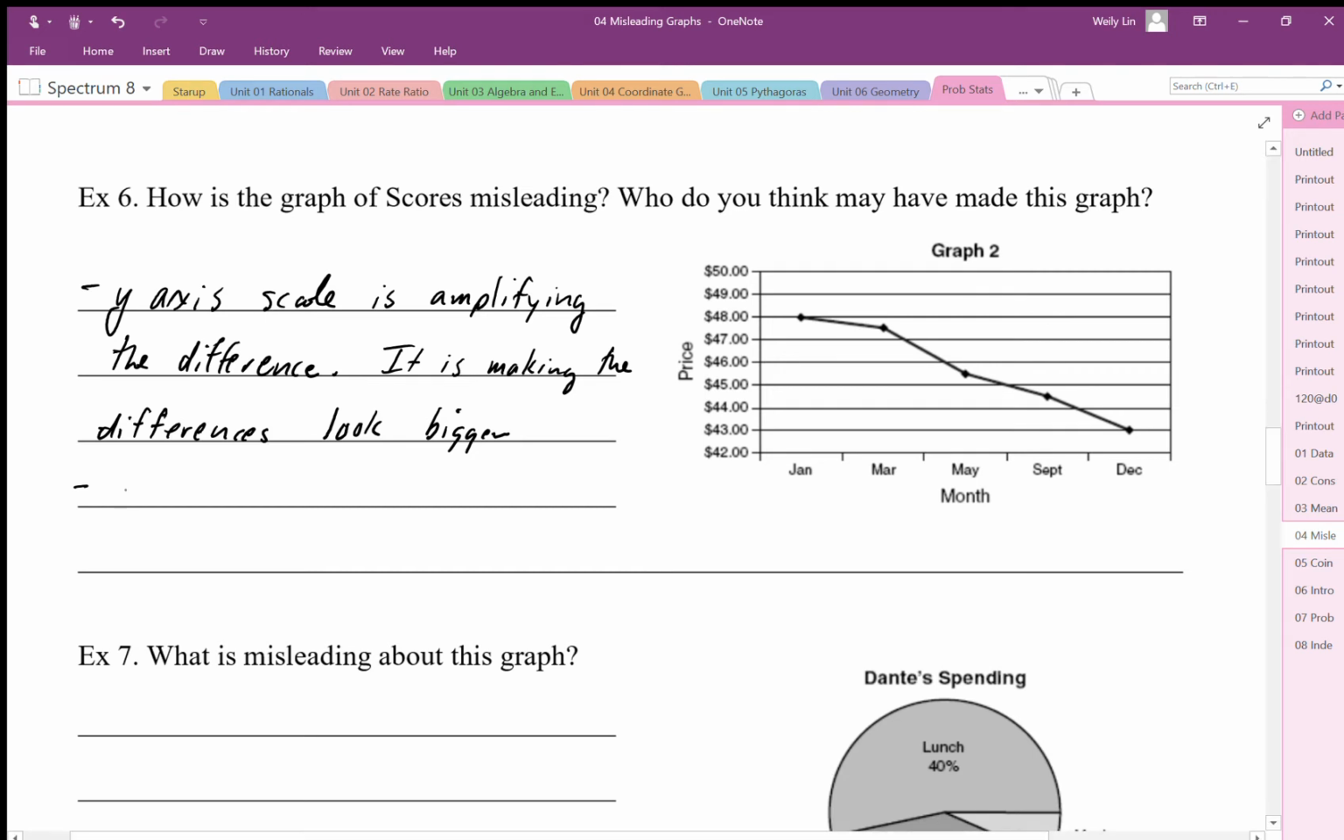Okay, so maybe we'll write that down: the product manufacturer, right? Showing that the prices are going down and it's getting cheaper to buy. Okay,